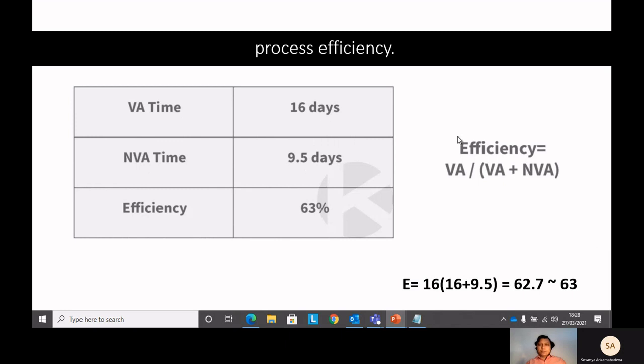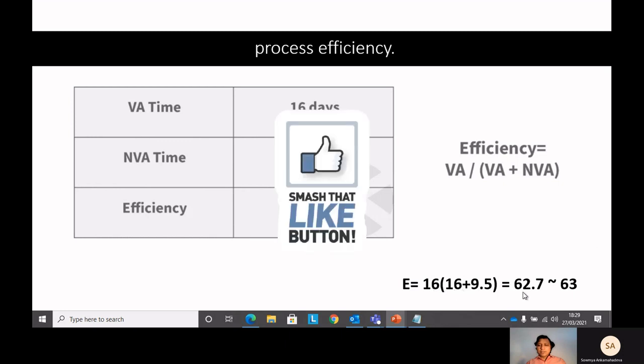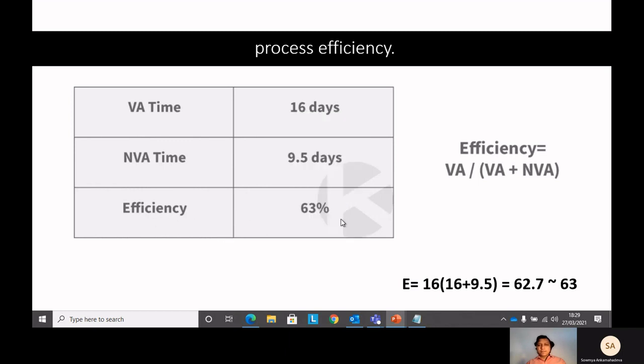Okay. Now what else are they doing? This is the efficiency factor. They took 16 value add plus non-value add: 16 plus 9.5 is roughly 25.5. If you divide 16 by this, you will get 0.63, that is roughly equal to 63 percent. So that's the reason the efficiency is 63 over here. I suggest you go back and calculate that again. It will come out similar, an efficiency of around 60 percent for your board.